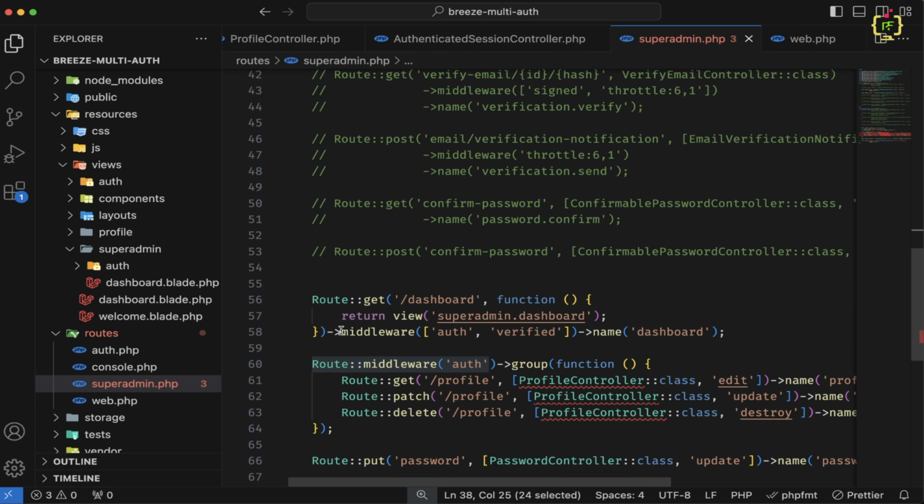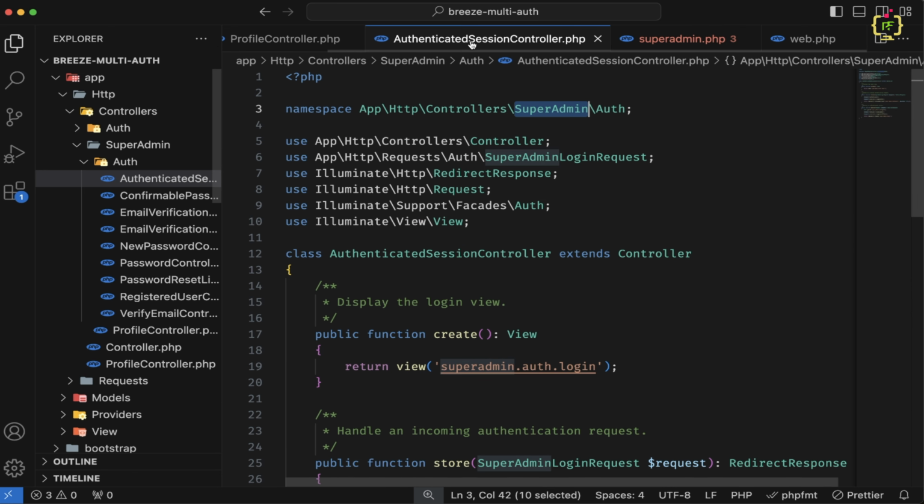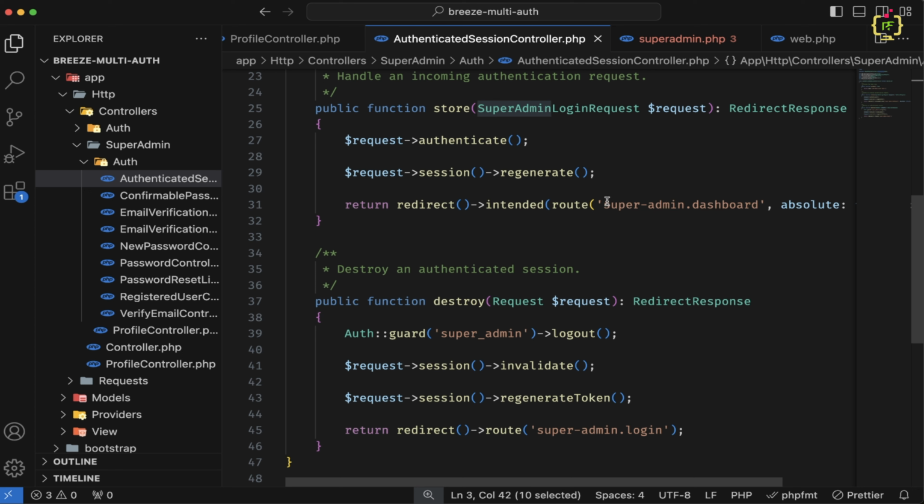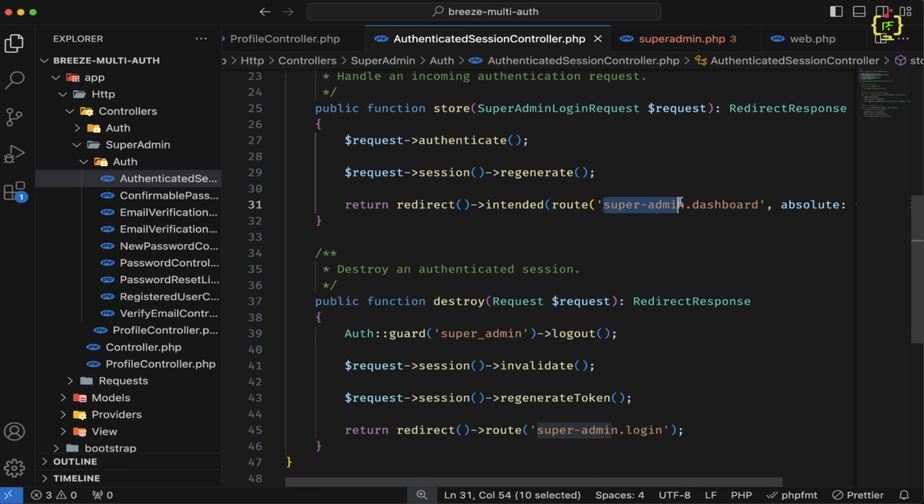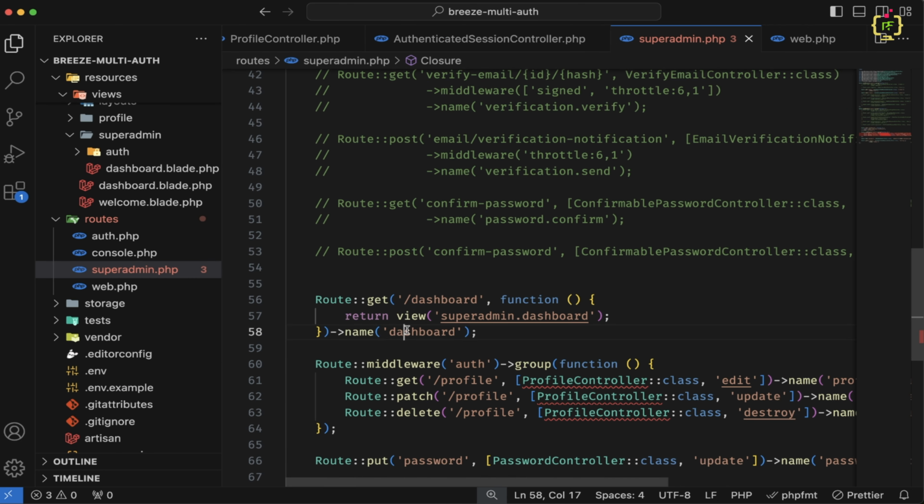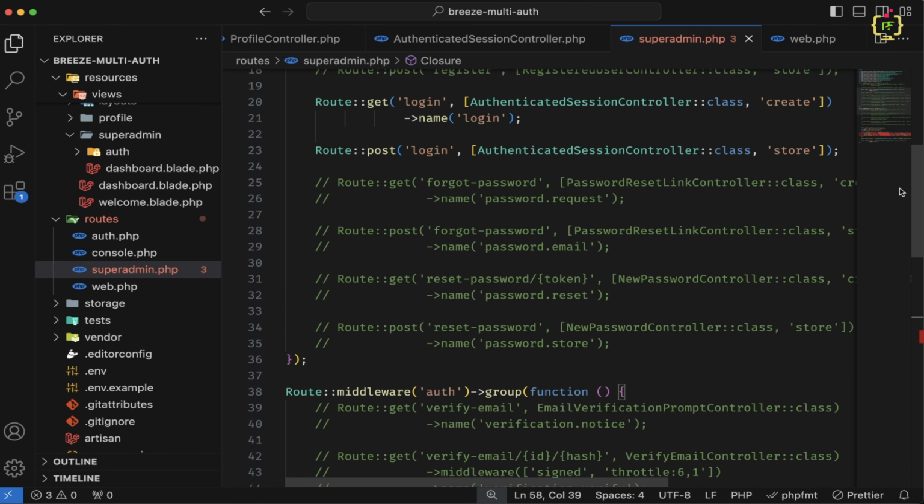So we don't require this auth middleware, also this verified as well. So let's remove it, and we have the name as dashboard, but inside this authenticated session controller, we can see we have added the route name as super-admin.dashboard. That means we have to give the name for the route as superadmin.dashboard, and currently this name is dashboard only. So either we can change this name as